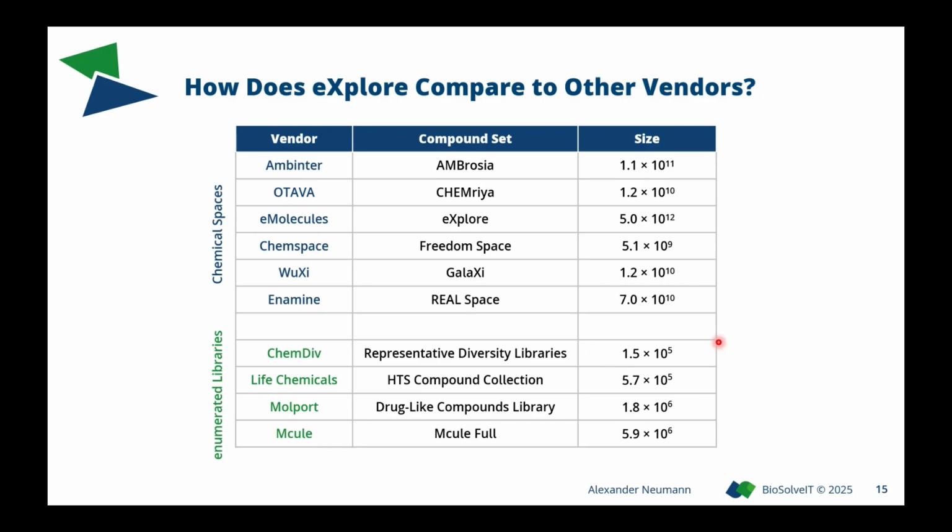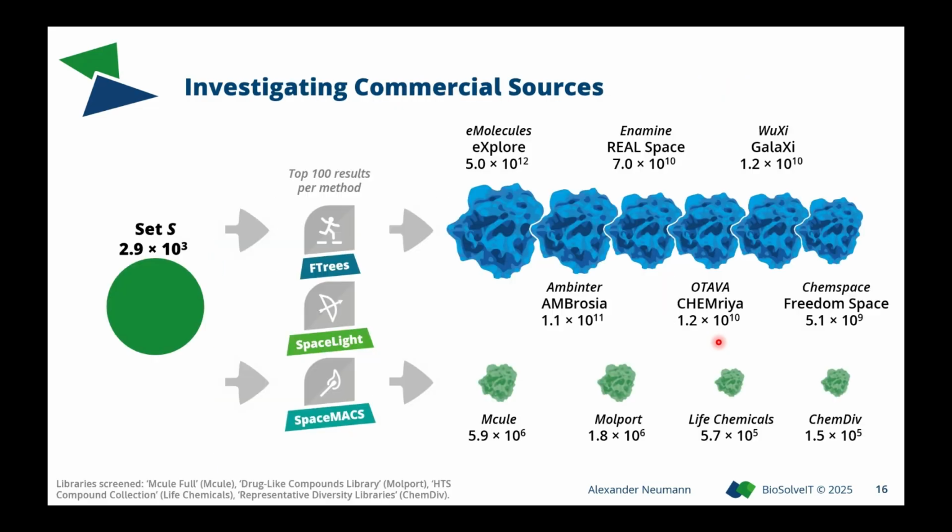So take everything with a grain of salt, but nevertheless, I think you will get a feeling for the development and the trends here in the upcoming slides. So what we did, we took the set S, the small one, and employed all three of our algorithms on all chemical spaces and all compound libraries, and retrieved 100 results with each method for all of the 2,917 compounds